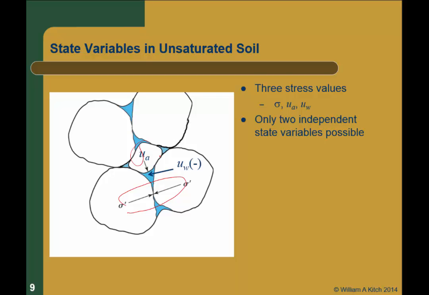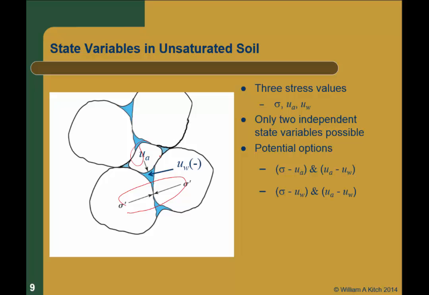Because it's a two-phase material, the pore part is a two-phase material. It's a three-phase material altogether, but the pore part's a two-phase material. So what are my choices? Well, it's the differences in these. I've got three choices. I can have the two state variables be the total stress minus the air pressure, and the air pressure minus the water pressure, the difference between those two. Or I can have them be the total stress minus the water pressure and the air pressure minus the water pressure,